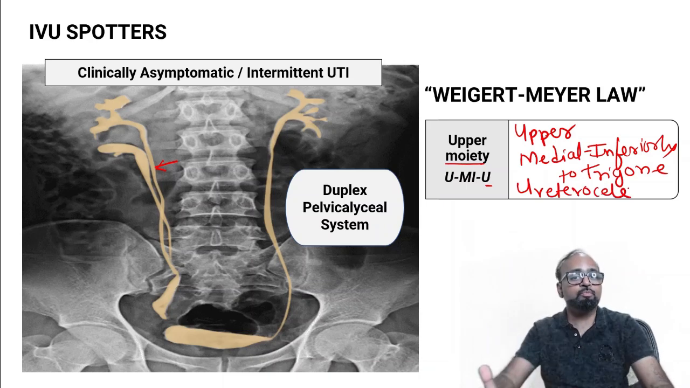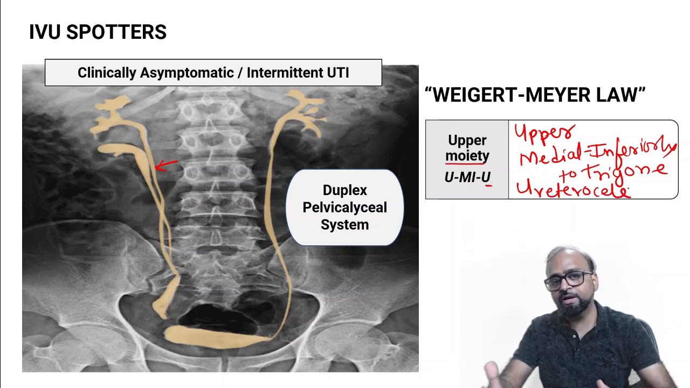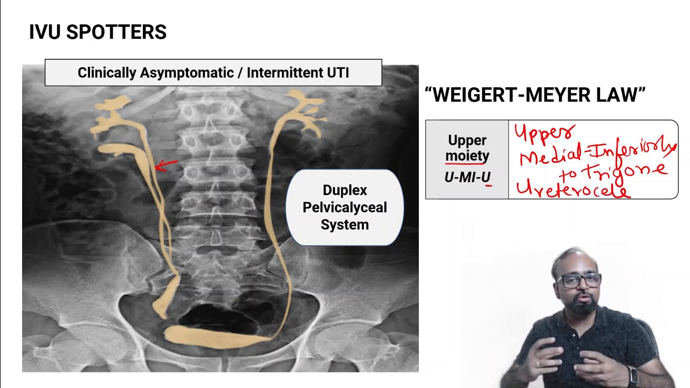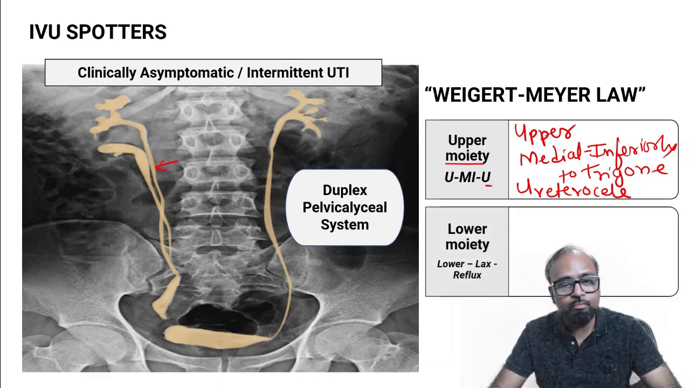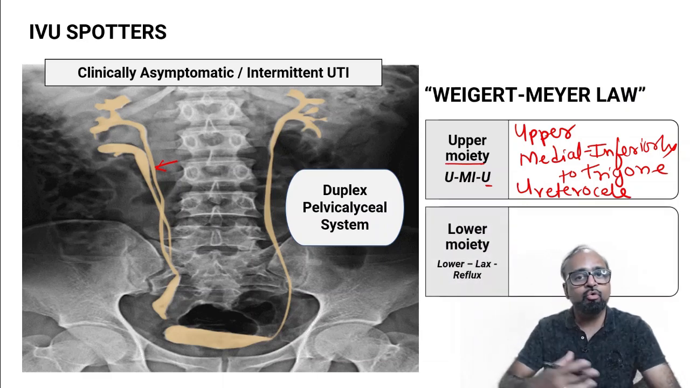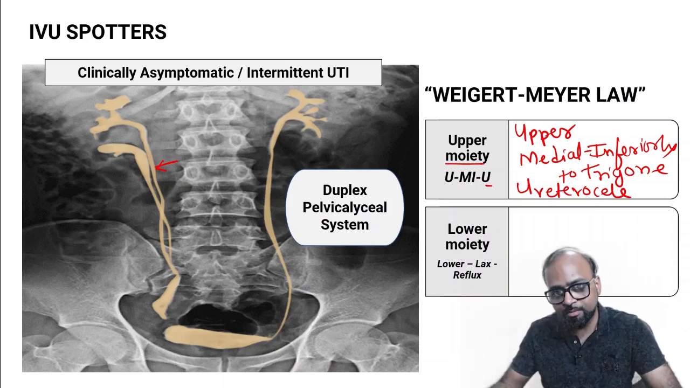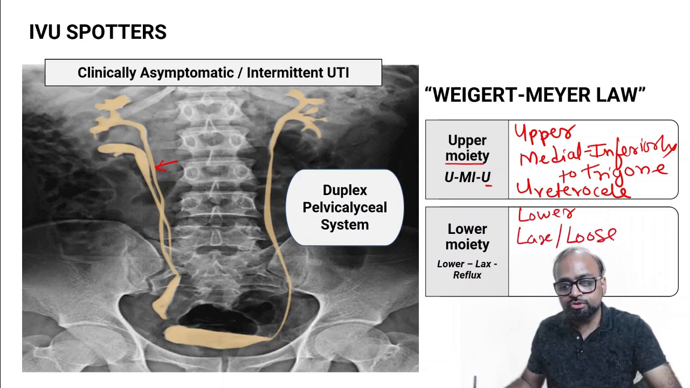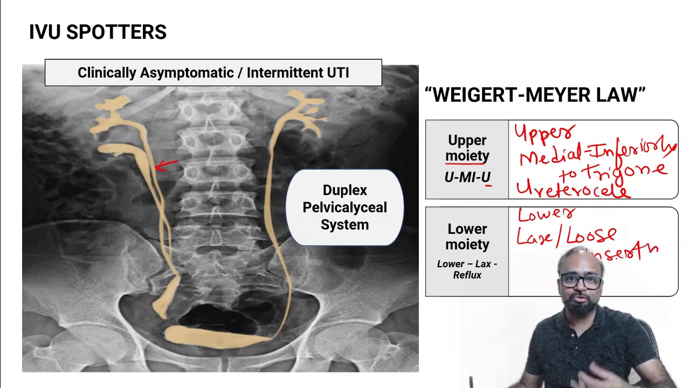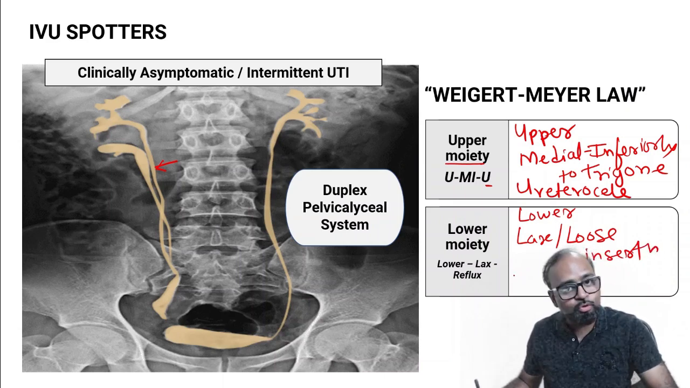So it is more prone to the development of ureterocele. So upper moiety, medial inferior insertion on the trigone, and it is predisposed to ureterocele. Remember lower moiety, lower lax reflux, remember it this way. So the lower ureter has a more lax or loose insertion on the urinary bladder, and therefore